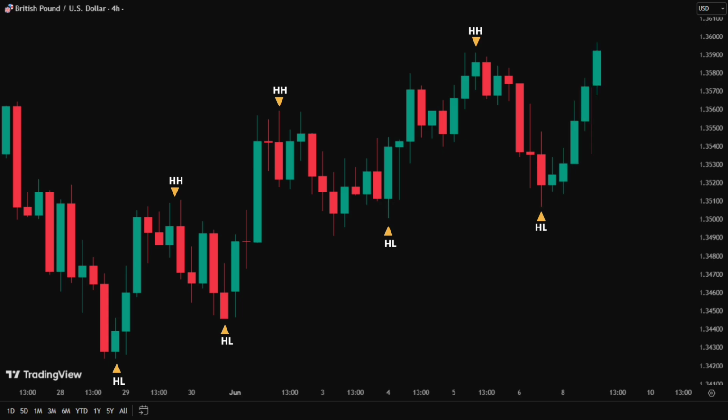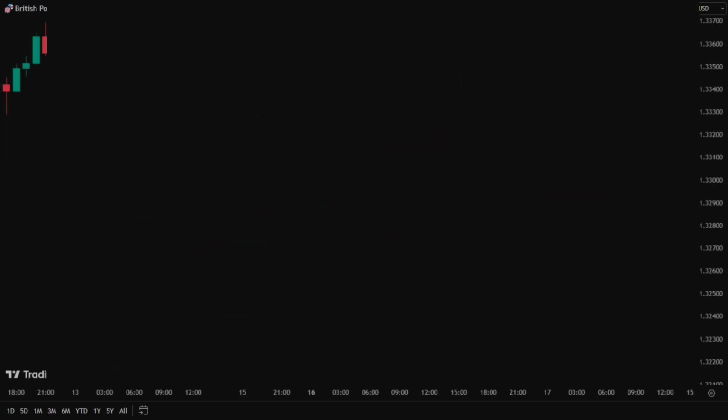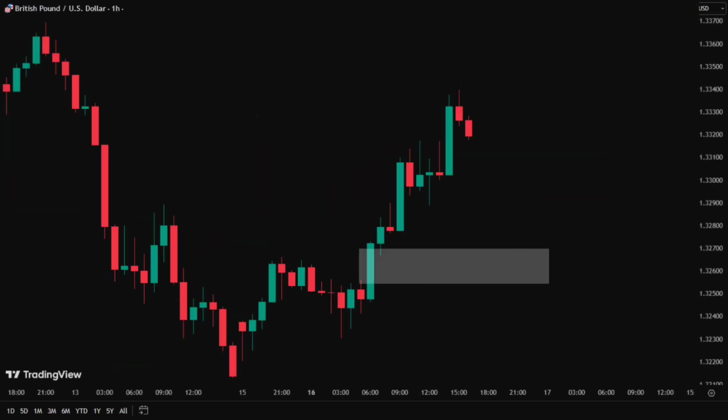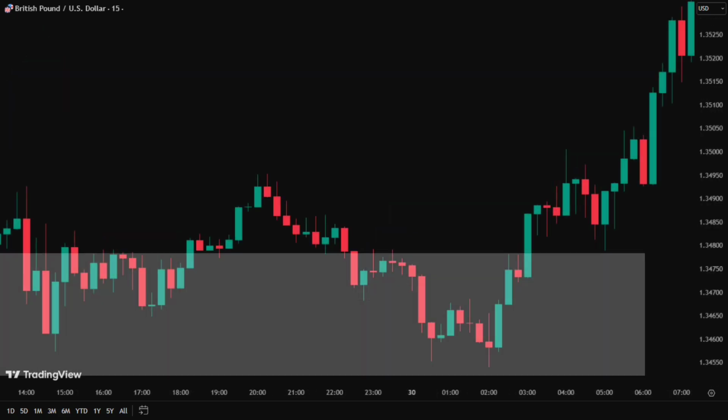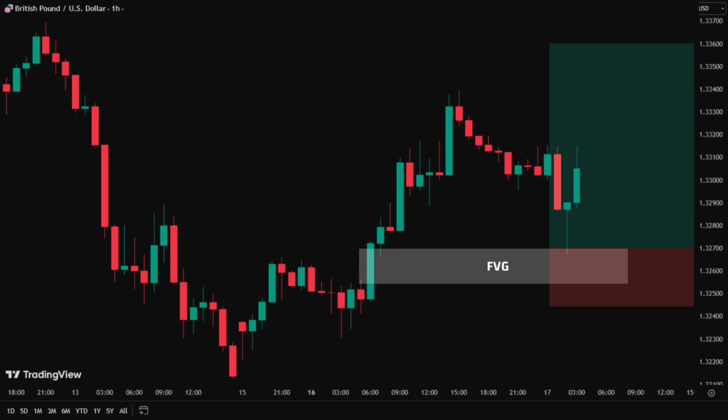A strong bullish candle drove price above the previous 4-hour swing high. That was the break of structure. On the 1-hour chart, that push left a fair value gap below the move. Price retraced into that gap over the next few candles. On the 15-minute chart, buyers absorbed the selling, and a change of character formed inside the gap. We entered long at the beginning of the fair value gap. Stop below the gap. Target the buy-side liquidity sitting above the most recent swing high on the 4-hour chart.